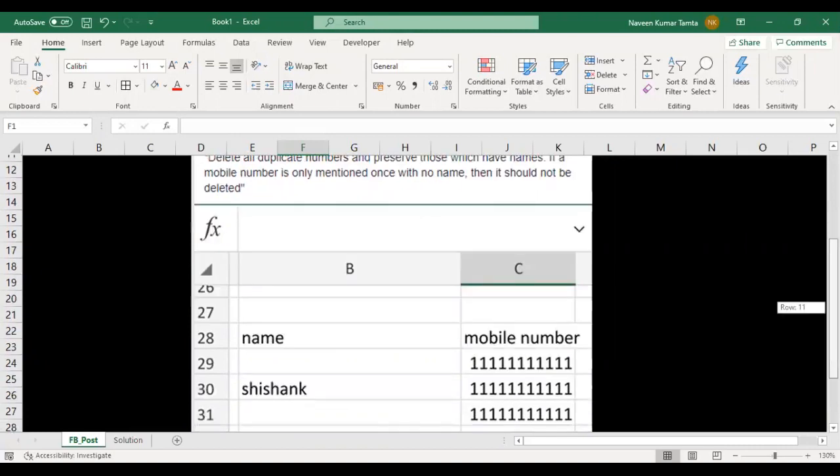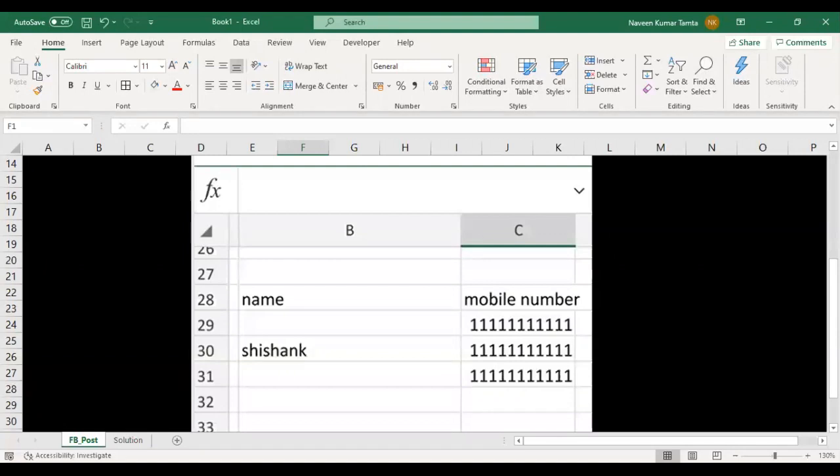It means the example or the screenshot given here is, as you can see, there are two columns, B and C. And one name like Shashank has been given here and some mobile numbers. So what he is actually looking for is to delete the duplicate entries wherein no names have been mentioned.